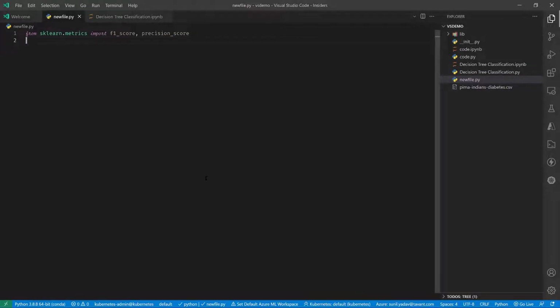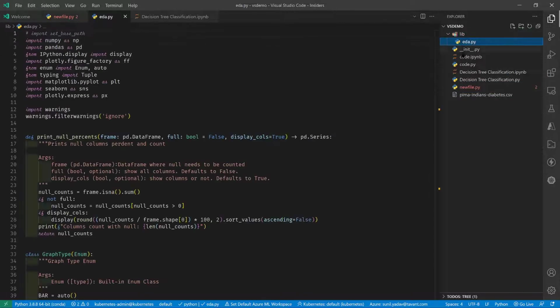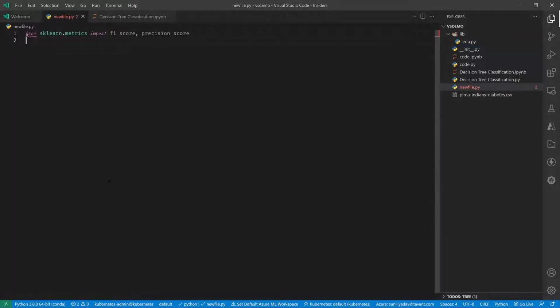It doesn't stop here. If you can see, I have a folder called lib. It has a file EDA which has a piece of code. I can say from lib, that's a module because I have an init file, import EDA. And how can I check that it is working?